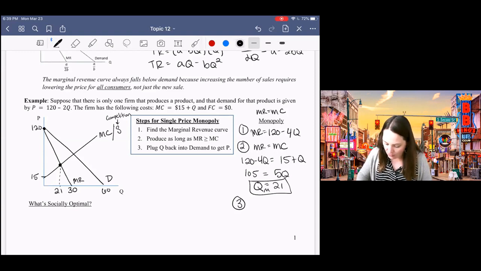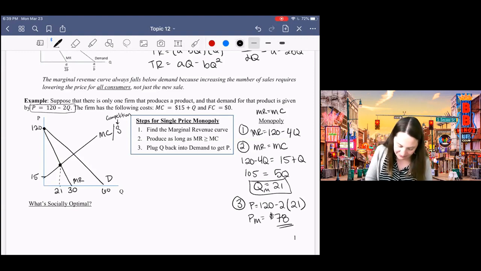So we're going to take that quantity and plug it back into our demand equation in order to get the price, because the firm is going to want to charge the highest price possible. Remember, their goal is to make money. They're going to charge the highest price possible where they can still sell 21 units of the product. And of course, demand represents the buyer's reservation price, or the highest price that buyers are willing to pay for that quantity of this product. So I'm going to take our demand curve, 120 minus 2 times Q, plug in that quantity we just found, and we get that the monopoly will charge a price of